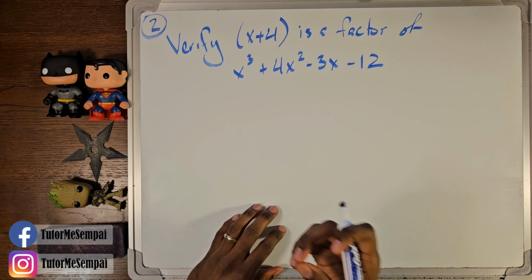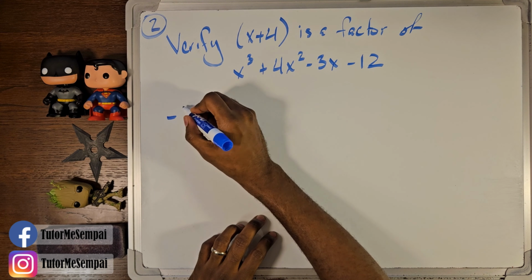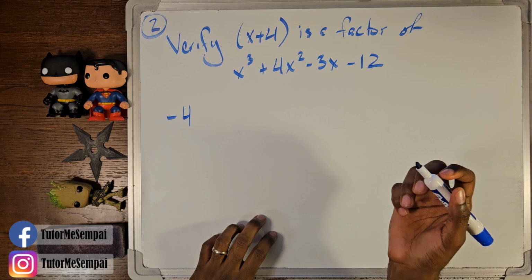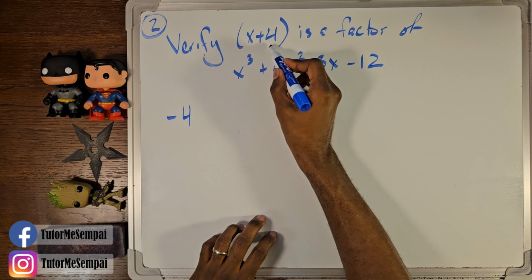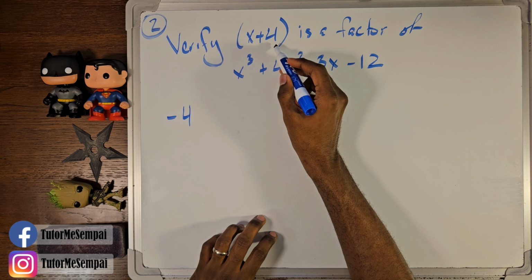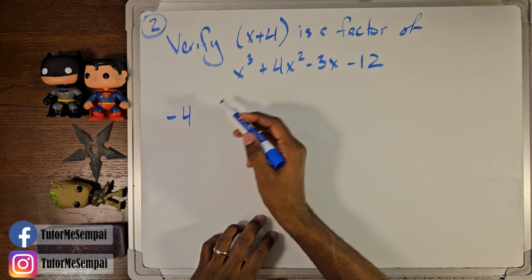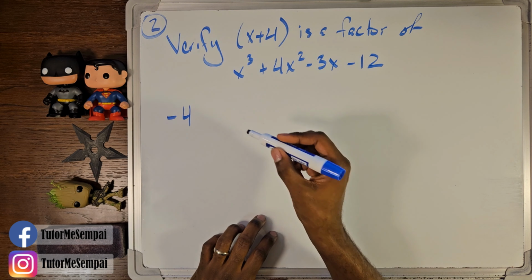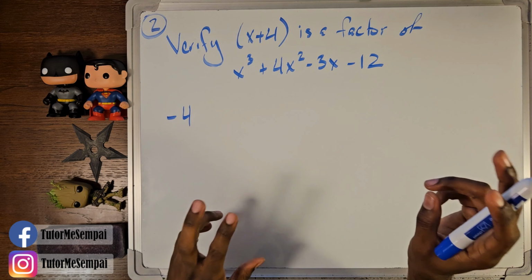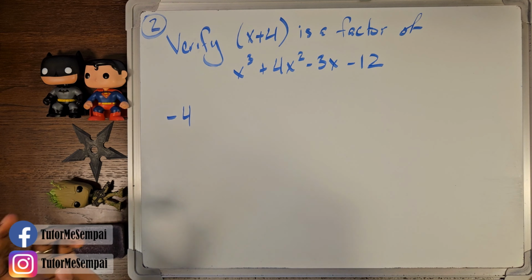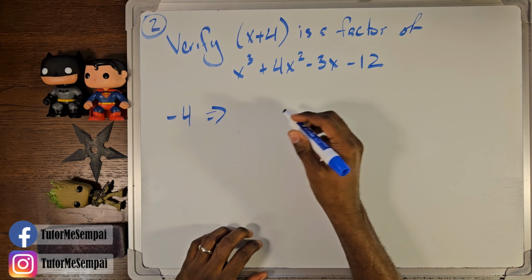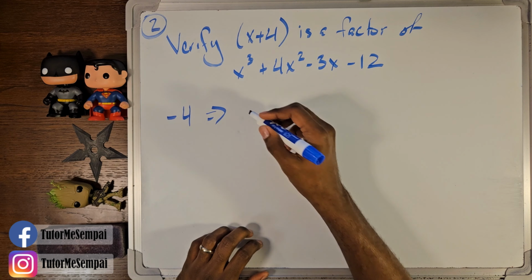So we're going to use our factor theorem, and we're going to plug in -4. Remember, we're going to do the opposite sign here. So if it's x plus something, we're going to have a negative of that something. If it's x minus something, we're going to have a positive of that something. So we're simply plugging in our root and checking, does it go to 0? So we're going to plug it in everywhere there's an x. So we're going to have,